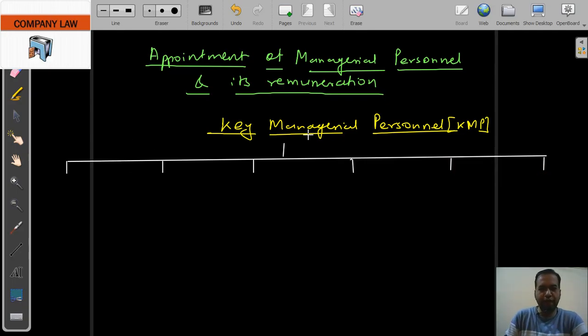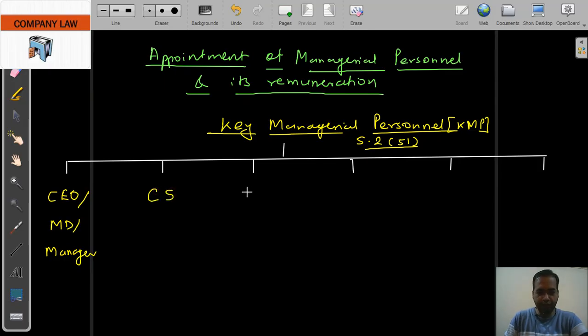Key managerial personnel is defined under section 2 subsection 51 of the Act, which says that in relation to a company it means the CEO or managing director or manager. So the first category of key managerial person can be CEO, or managing director or manager, then company secretary, then whole-time directors, then CFO, that is Chief Financial Officer,